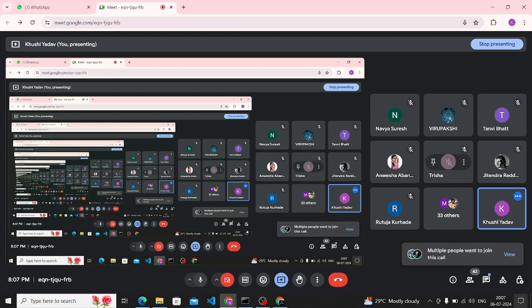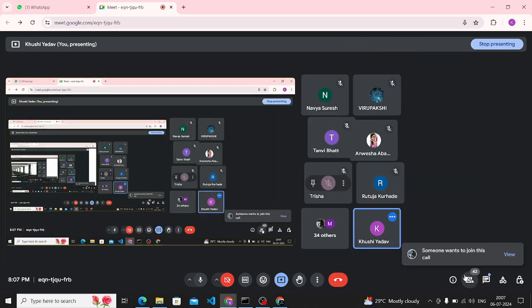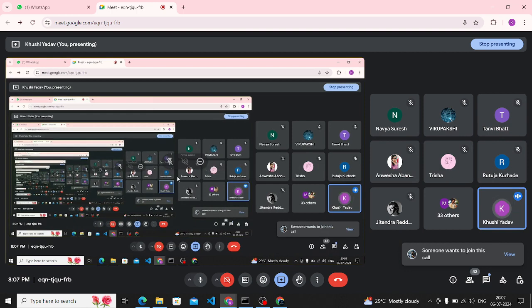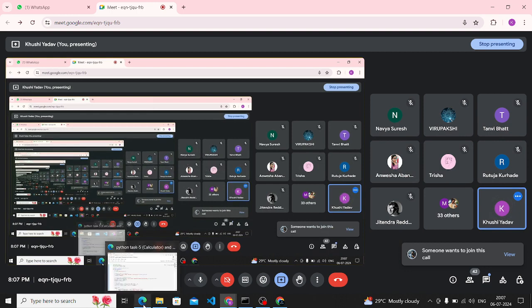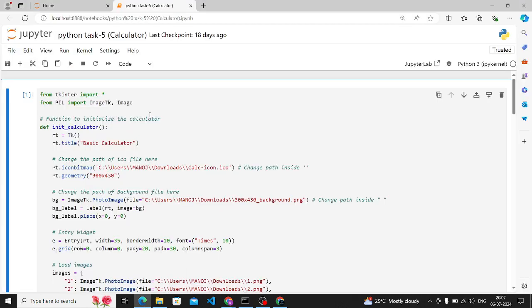So this is your task 4. You have to make a calculator. So I'm going to show you the code. See, this is your code. So first in this,